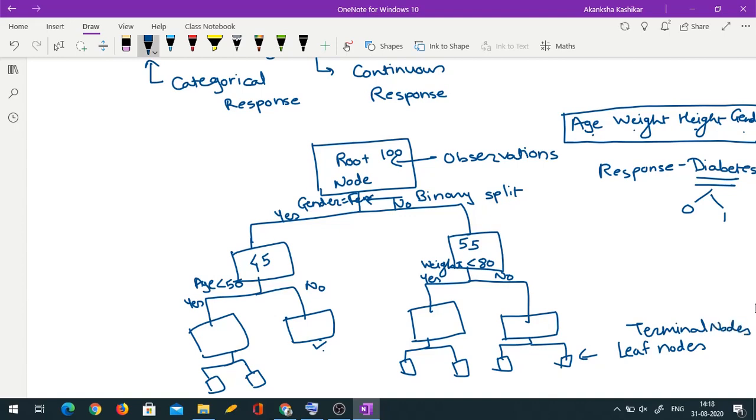So how does my algorithm work? Means finally how do I classify? So suppose there are 10 females in here. So this split was on the basis of gender, this split was on the basis of age, and suppose this split is on the basis of weight. So say weight less than 60. Now let us say new data comes to me. I have a female whose age is say 50, let's say 49, and weight is say 45.